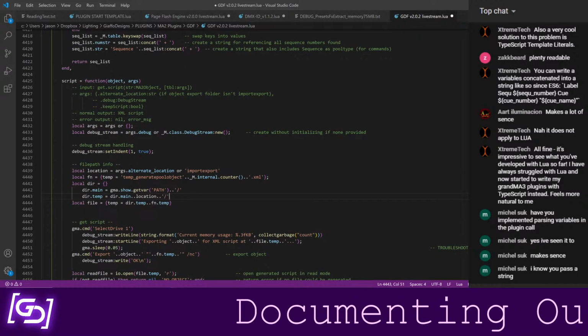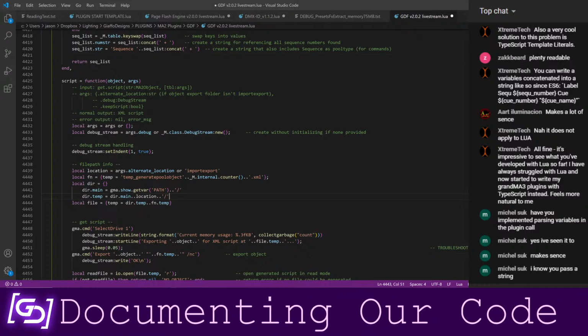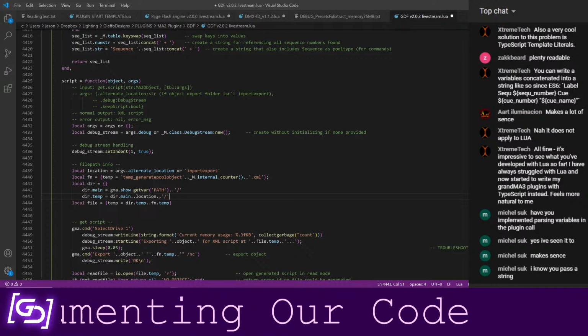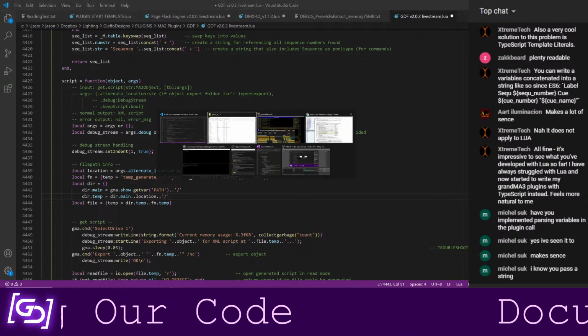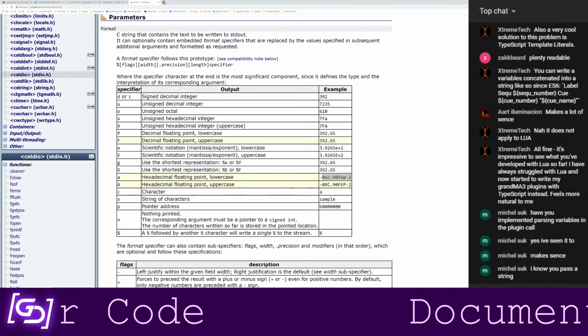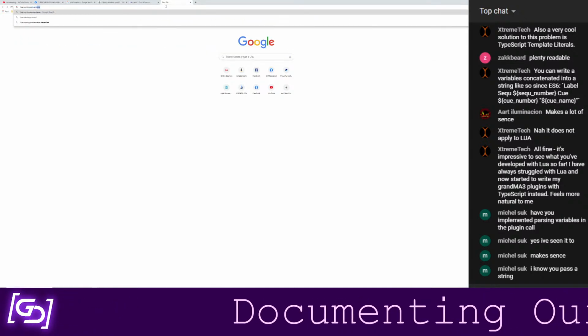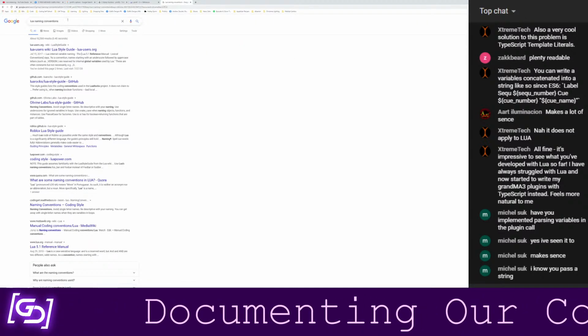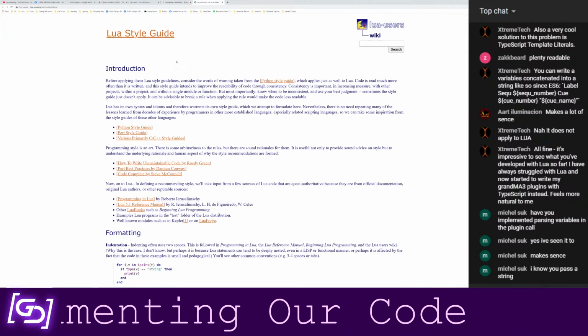All right, so that covers that part of it. I did mention naming conventions. There are no official naming conventions for Lua. I think I've looked this up, and you know what? Before I talk out of my ass, let me Google that. I want to say that I've looked this up and that there wasn't a style guide. Uh-oh, here's a style guide.